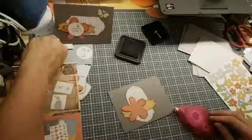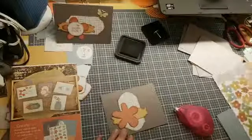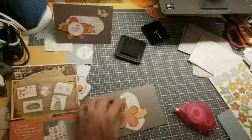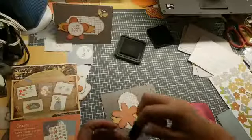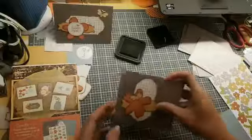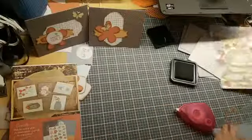You know what? I'm going to stick my bee on my flowers. I don't have my title. I'm going to ink him to separate him. I can't do anything the same twice. God forbid it be like my other book. Alright, number 2. Two cards done. And then the next one I'm going to grab is...